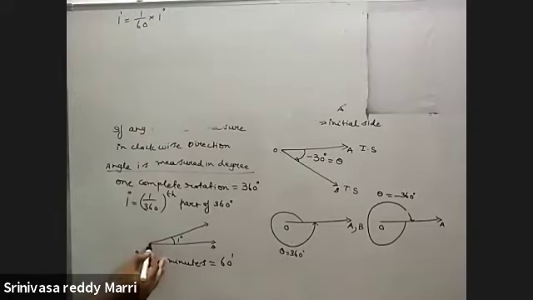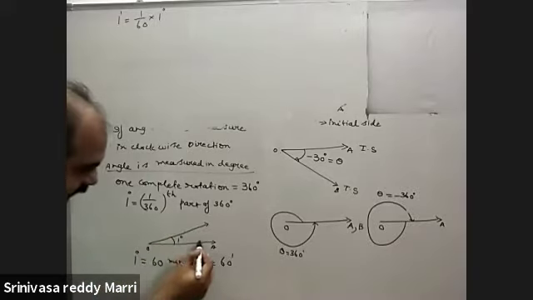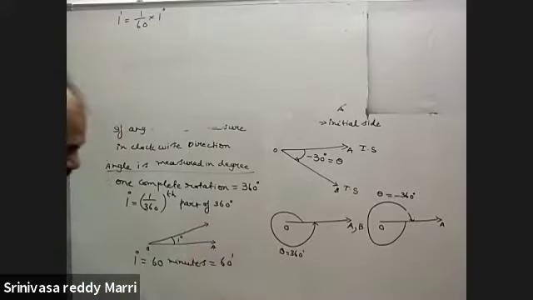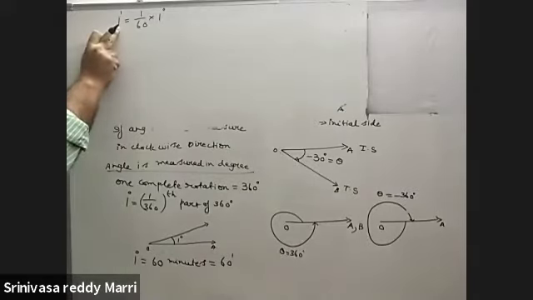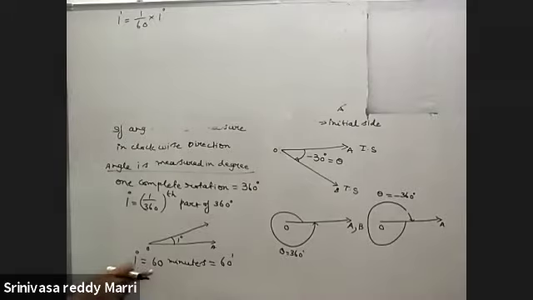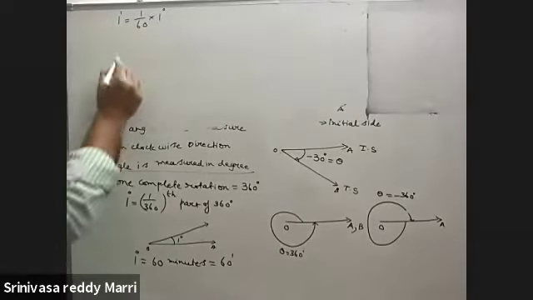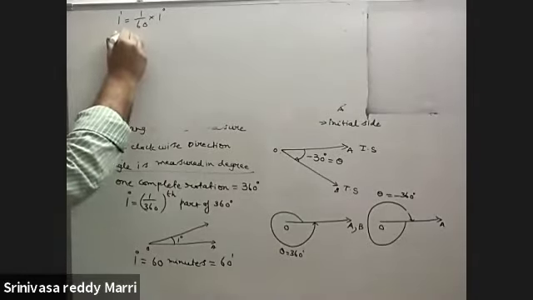This 1 degree angle is there. This angle is divided into 60 parts. One part will be very close to A. That is called 1 minute. That is also an angle. 1 minute is a very small angle, which is the 1/60th part of a degree. And again, 1 minute is 60 seconds.